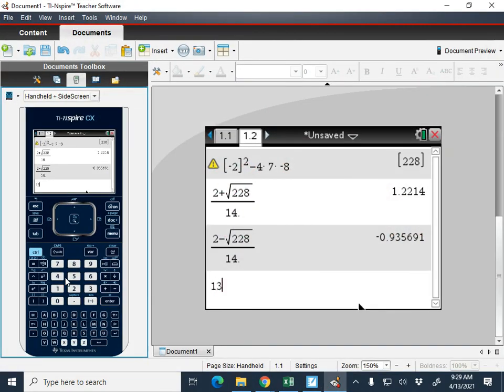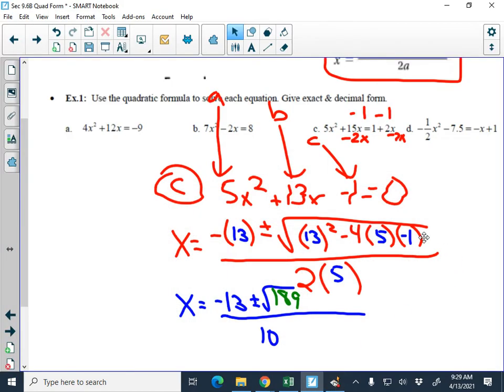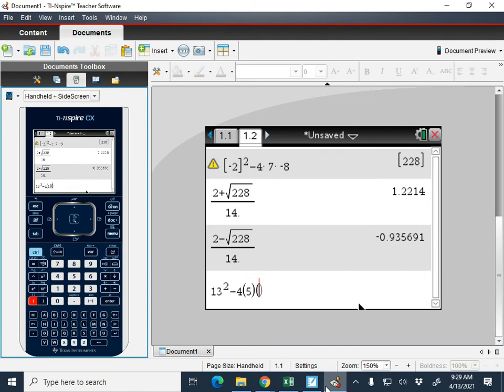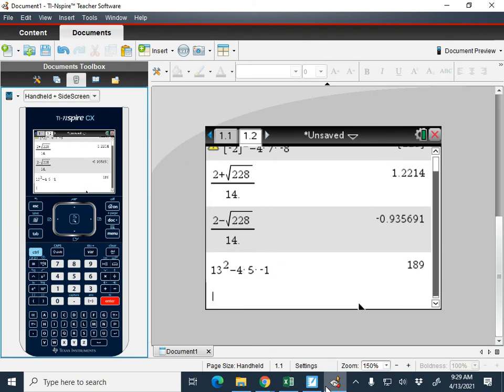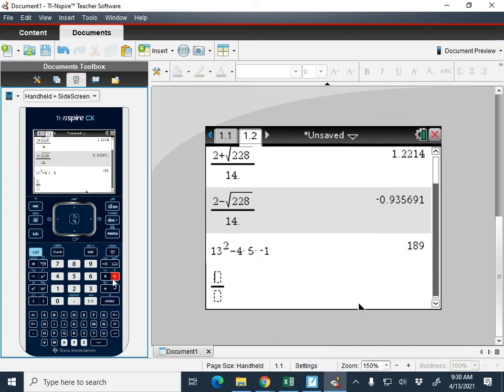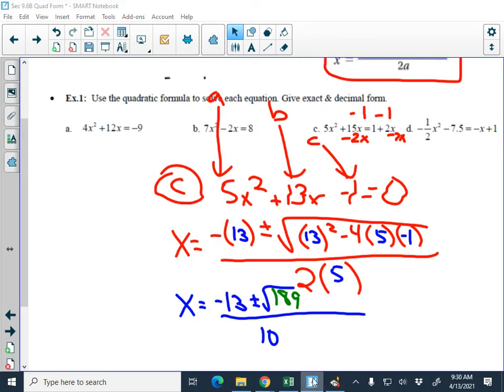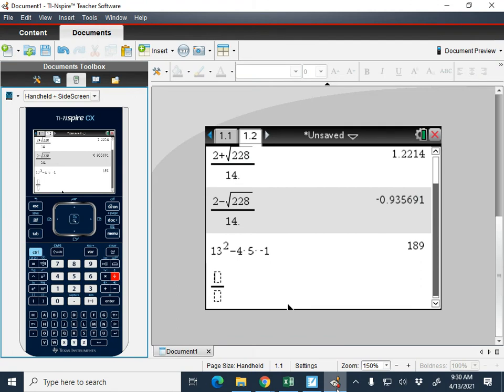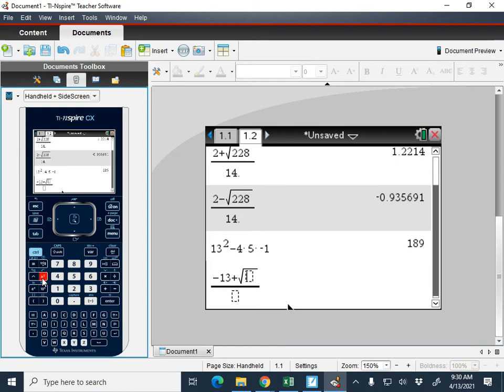13 squared minus 4 times 5 times negative 1. 189. Okay? So now, control divide. We have negative 13 plus the square root of 189 over